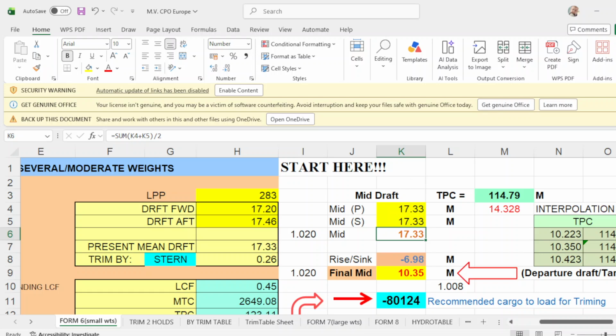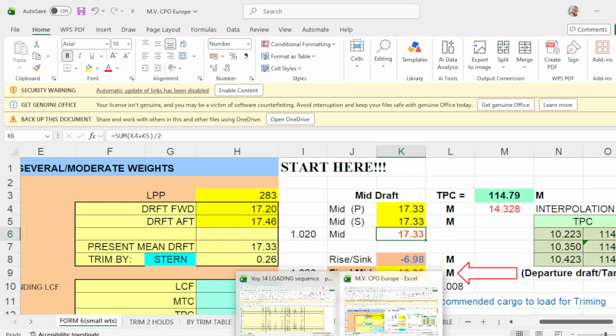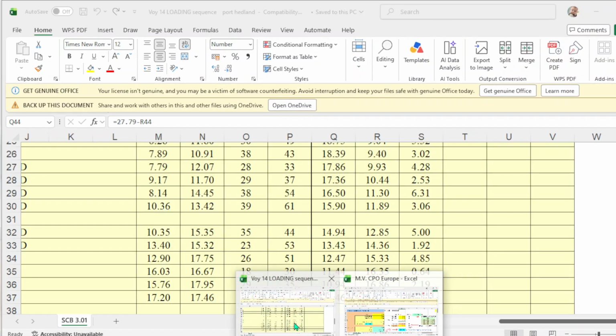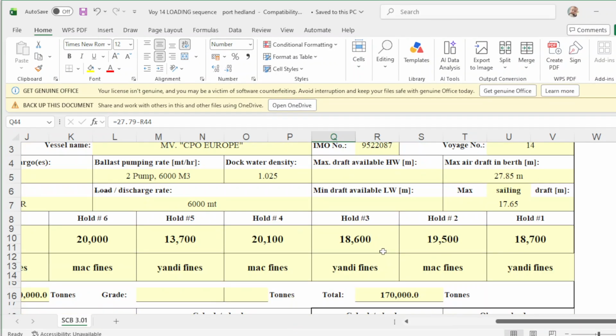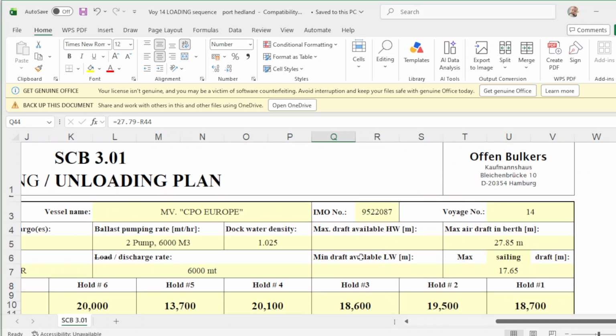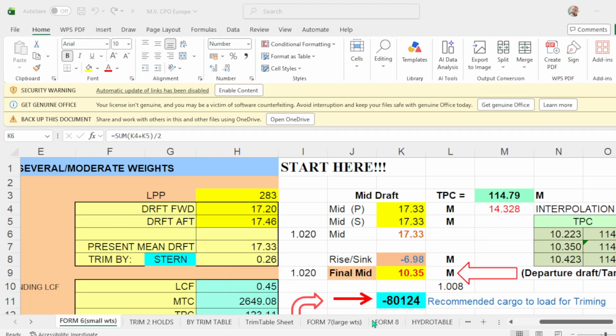And take note that the density at berth is 1.025. Okay, so you put here 1.025. Upon completion, that will also be 1.025.